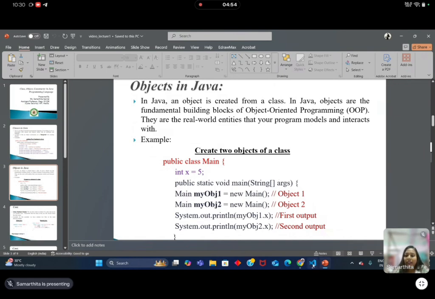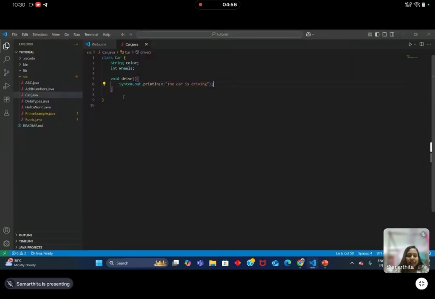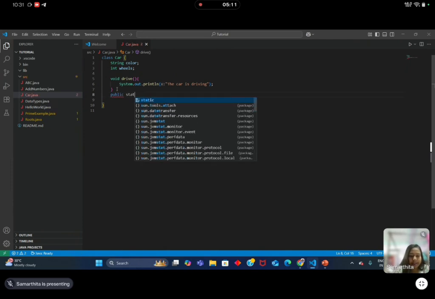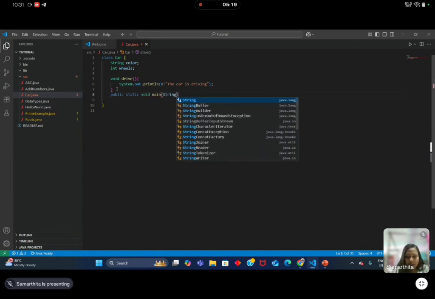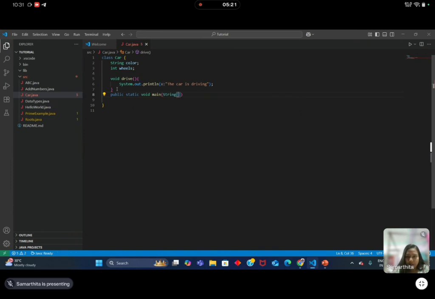Now see, I am creating one object. Here I am discussing the main method, that is public static void main, and in between it String args, I will pass the arguments.